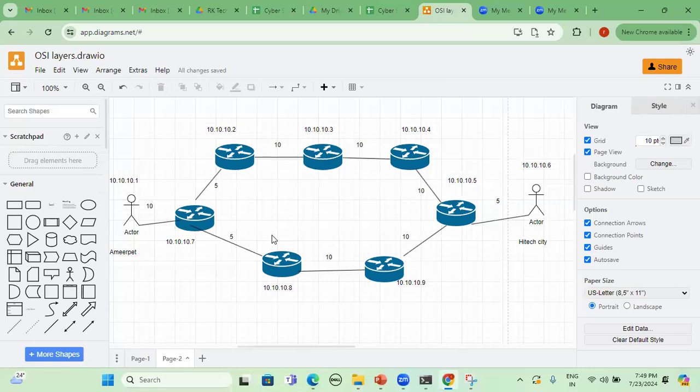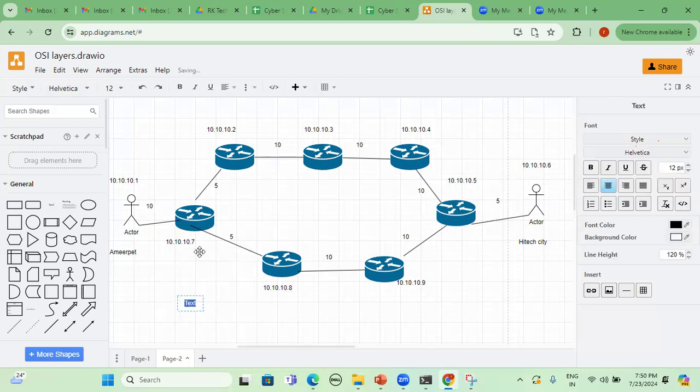Now you can calculate AD, not kilometers or miles. As I said, always in routing we measure the distance as the administrative distance, that is called AD. So 10 plus 5 plus 10 plus 10 plus 10 plus 5. Altogether how much? 15 plus 10, 25 plus 10, 35 plus 10, 45 plus 5, 50. So route 1.